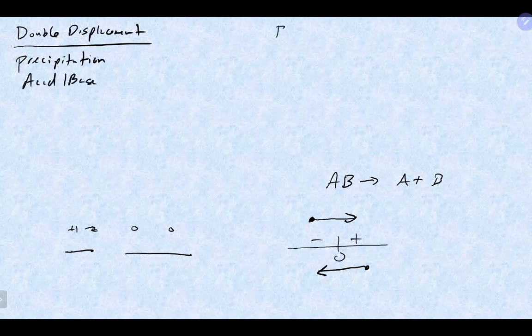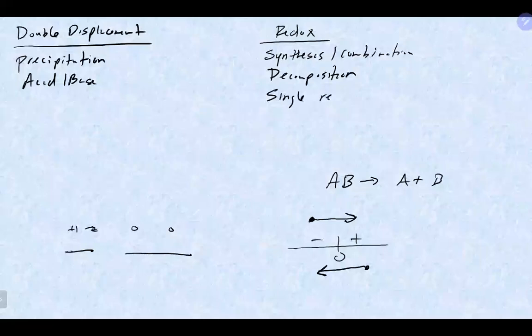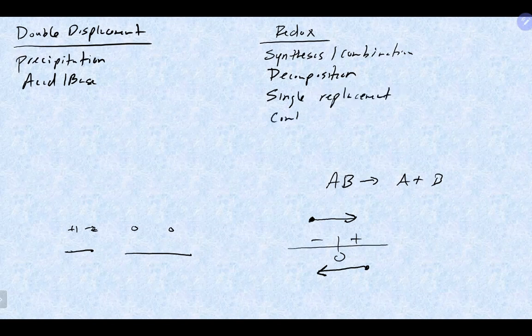Under the big umbrella of redox, pretty much follows everybody else, you could more specifically classify a reaction as a synthesis or combination, a decomposition, a single replacement reaction, or a combustion reaction. So pretty much all classifications fall under one of those two umbrellas. And again, you could get a little bit more specific than just this is a double displacement or a redox. Any questions on ways to classify reactions or those